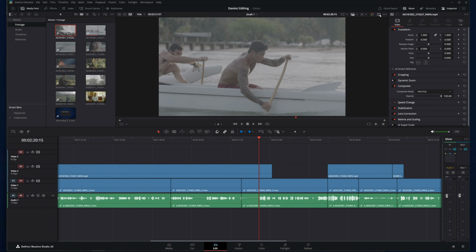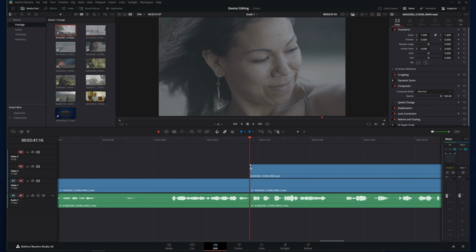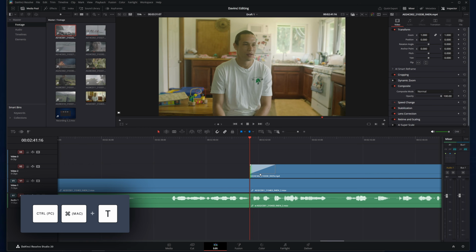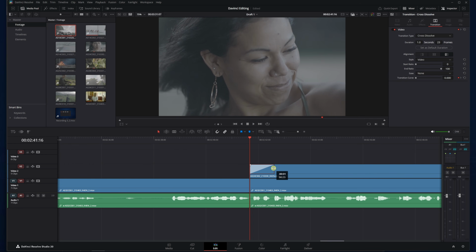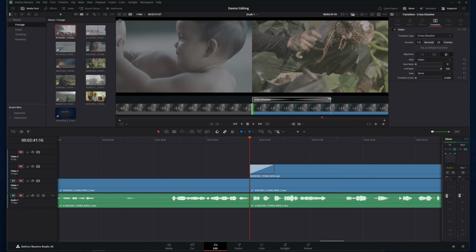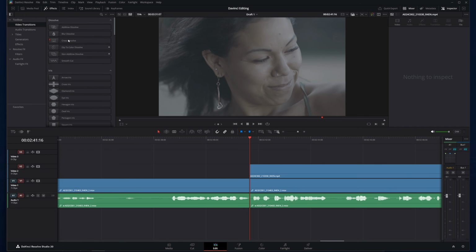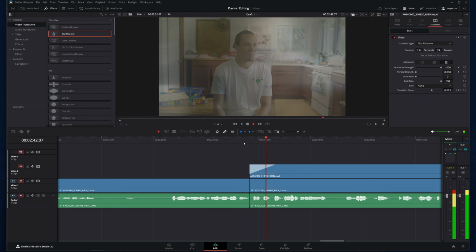Okay, so that is everything on cutting. The next phase of editing is going to be just making things prettier. You can right-click on a cut point and add a dissolve, or Control or Command T. You can change the length here, or double-click it and change the length up here. And you can select it and backspace to get rid of it. You can also drag transitions in from the effects panel, like we talked about before.